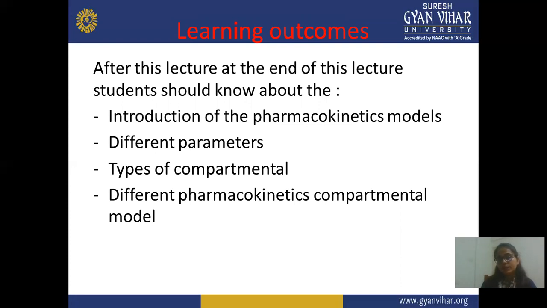Next is types of compartments. In this, you should know about the different compartmental models, including physiological models, non-compartmental models, or different pharmacokinetic models. So in this, we know the different classification. I can see 4 types of classification, and these 4 types are further divided into different subcategories or classes. So you should know about all these pharmacokinetic models and pharmacokinetic parameters.